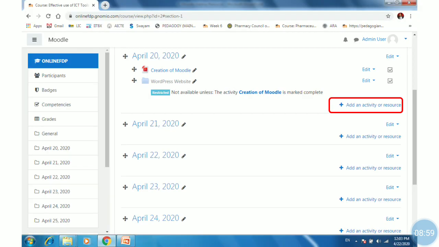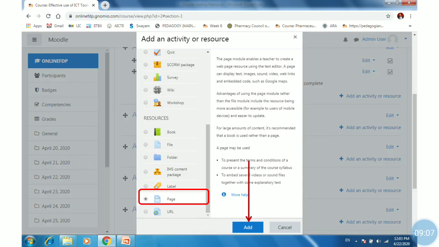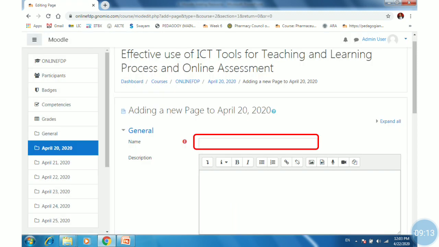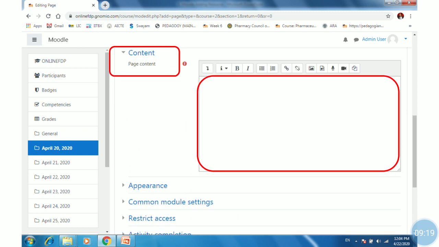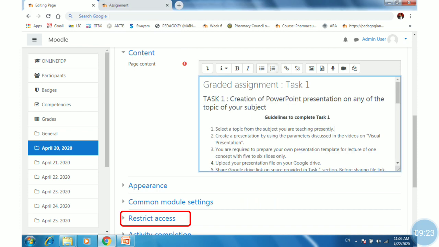So for addition of a page, just repeat the same process, that is, click on the add an activity or resource tab, then find the page option under the resources and click on add. You will be here, then provide the name and description and scroll down to find the content, that is the page content. I have written the page content and then click on